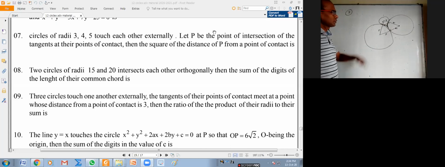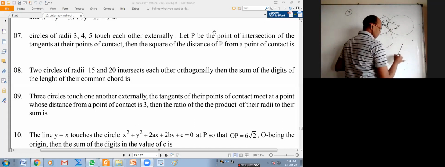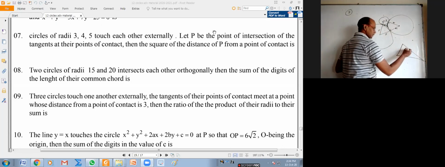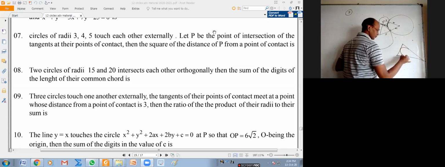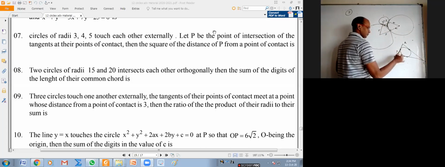Otherwise, to construct, imagine this is 0, 0, this is some 7, 0, find this point and all that. Not required. Just from properties of triangle, it can be done. Does anybody remember at least that if you take the incircle of a triangle, where it touches, and this is A, B, C. What is this length? What is this length?